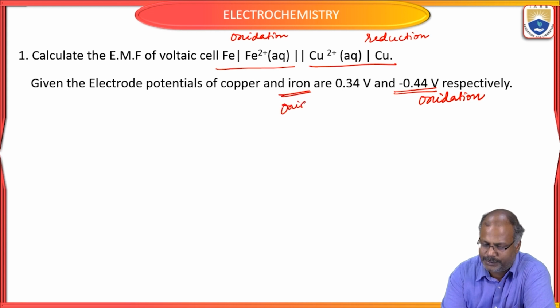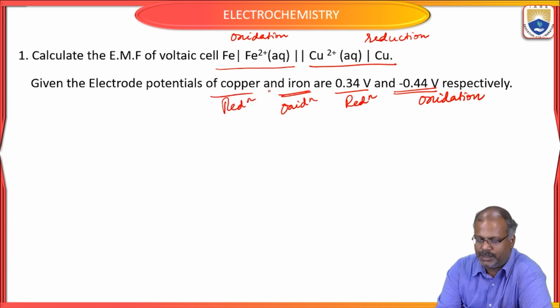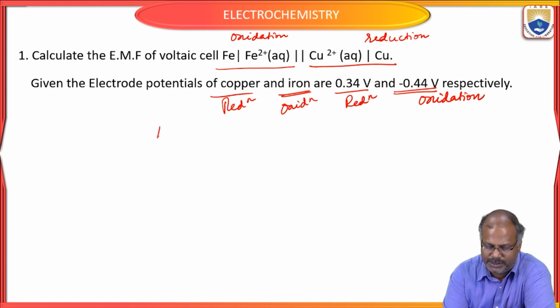Oxidation. Copper undergoes reduction, more positive. Copper undergoes reduction. So, what is the formula for standard EMF? This is a type of electrochemical cell or voltaic cell. E naught cell is equal to E naught